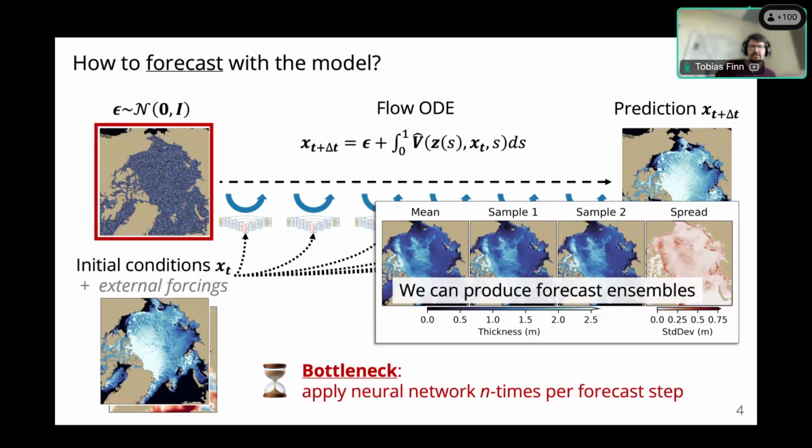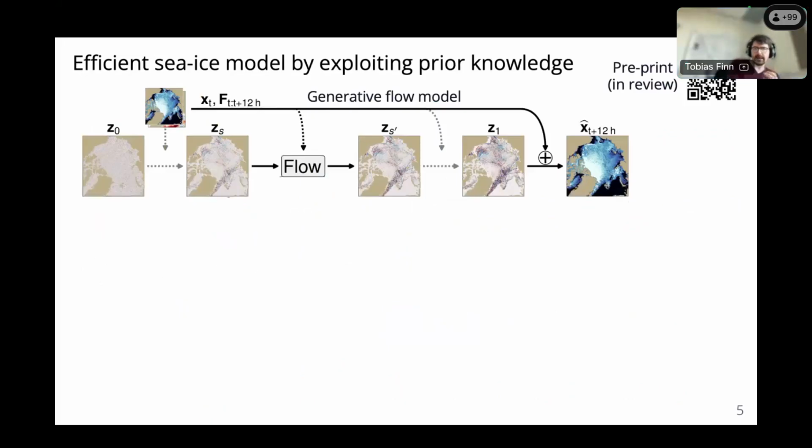So which means that actually this kind of model can be kind of expensive compared to deterministic models and compared to generative CRPS models like operationally used at the ECMWF. But the nice thing is we can actually exploit prior physical knowledge to make these models more efficient, and we have used this to develop an efficient CS model. So meaning the CS model predicts how the CS develops in the next 12 hours.